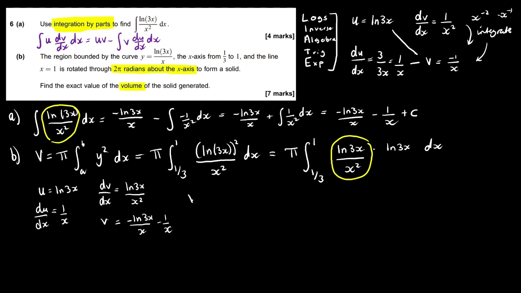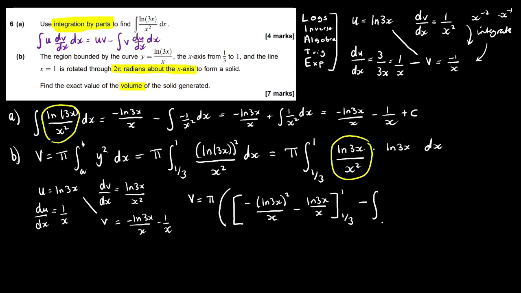So let's start with what our volume is going to be. It's going to be pi. Now don't forget that pi's there. It's quite easy in a question like this, where you've got lots of integration, to forget that pi's there, but it's always there. So uv is going to be those things times together. I'm using square brackets because I'm going to evaluate that bit. So minus log 3x squared, because I'm timesing them together, over x, minus log 3x over x, so times those two terms out. That's going to be evaluated between a third and 1,